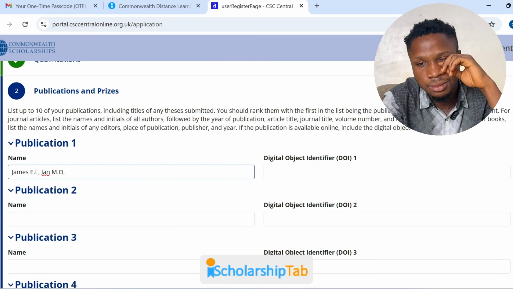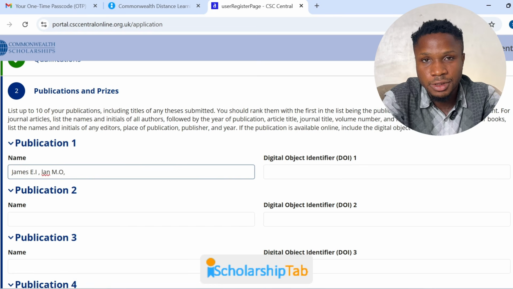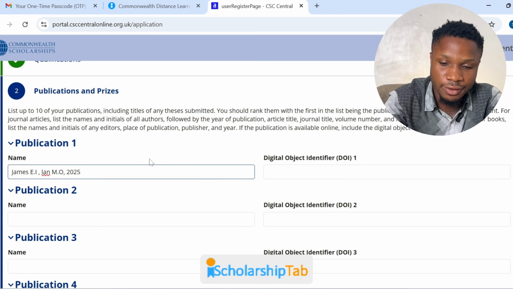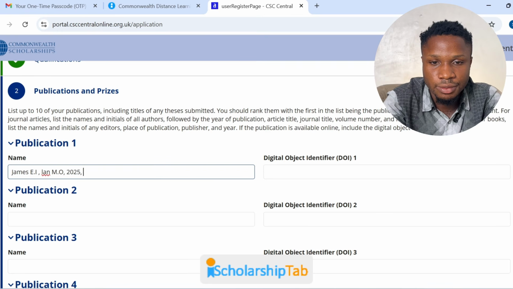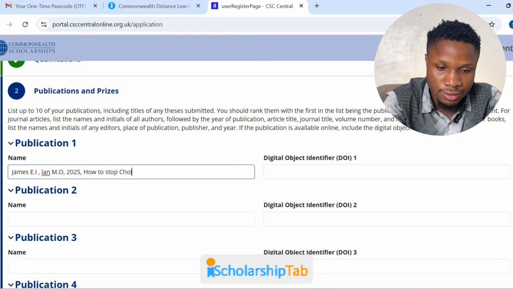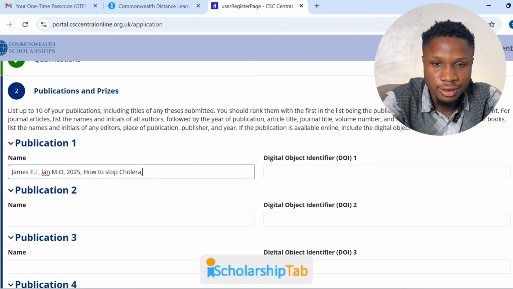Then followed by the year of publication. This is an example for journal. So let's say I published my journal in 2025. Then followed by article title. And followed by journal title. So you can write the journal title there. So let's say